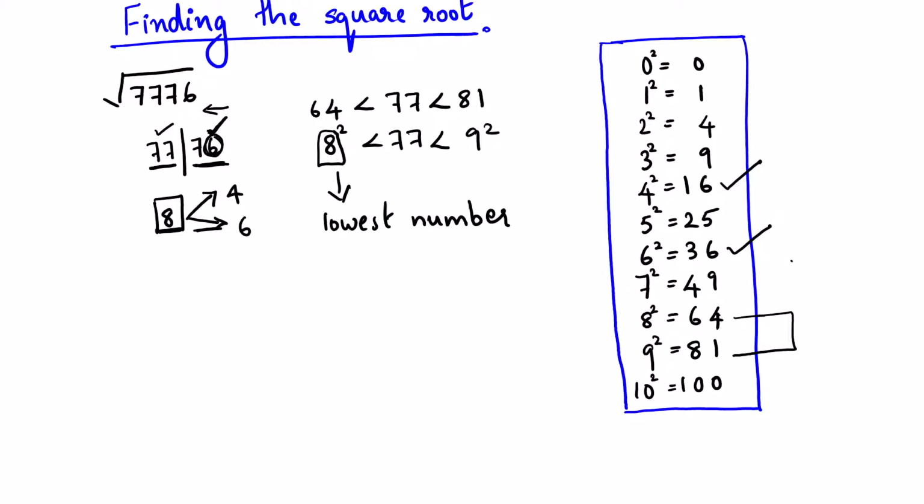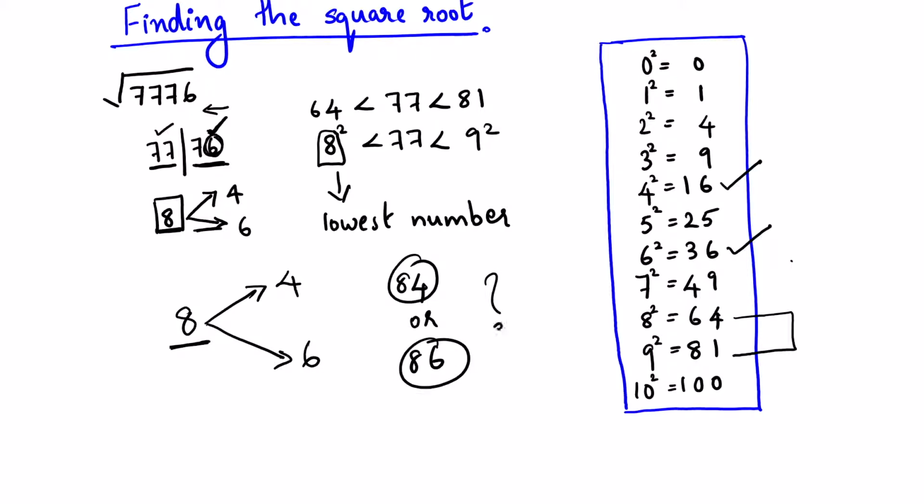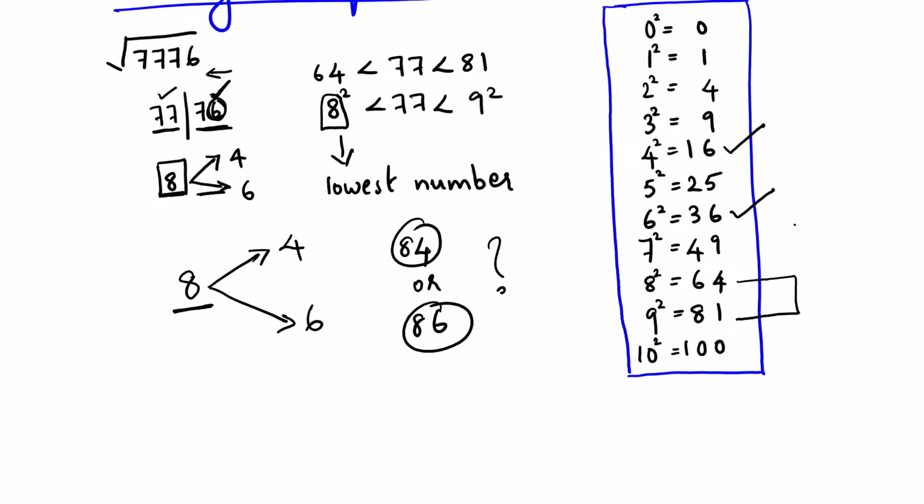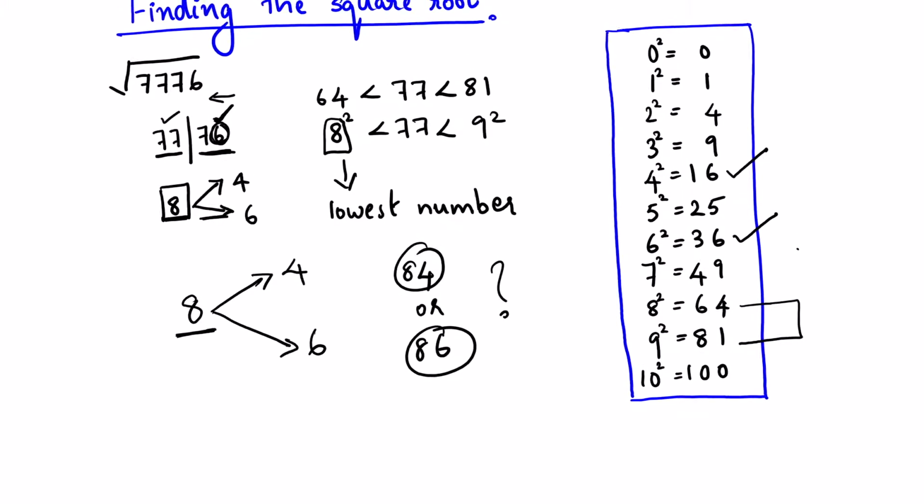Now you have two choices. One, the tens digit is fixed, which is 8. Now the ones digit can be either 4 or 6, right? Now you have to confirm which is the right answer, 84 or 86. Is it 84 or 86? The question arises, right? So now what you have to do is